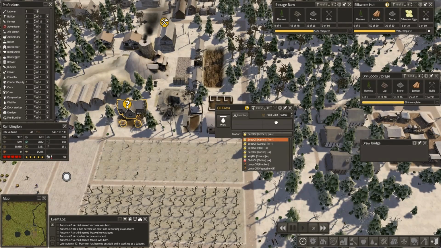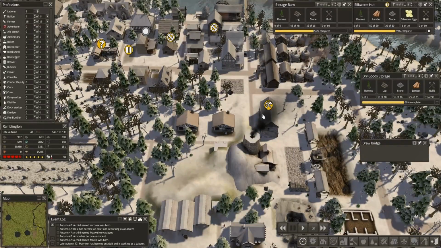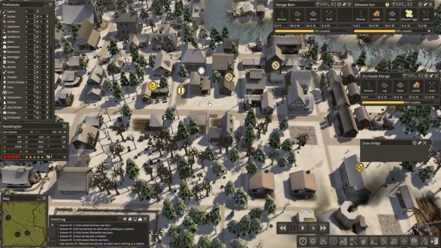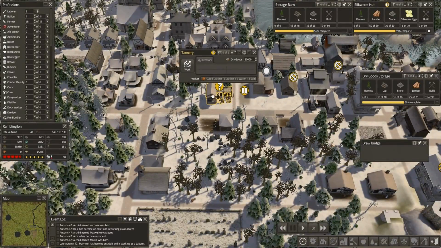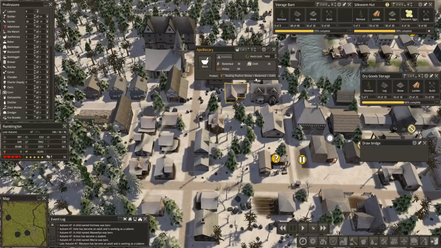I don't know. Let's pause that for a second. I increased the wrong one, didn't I? That's what I meant to do. What do we need the oil for? Was it the apothecary? Hospital. Where's hospital? There. No, we're looking for...